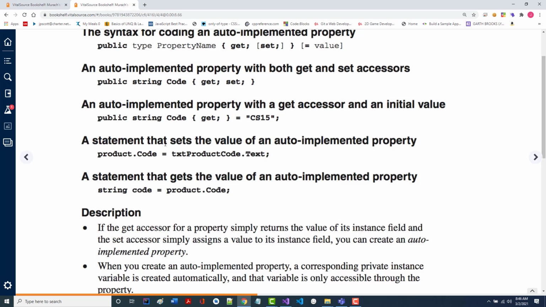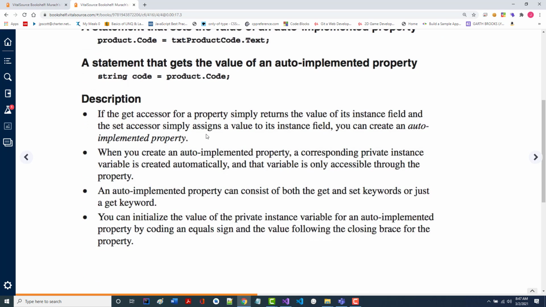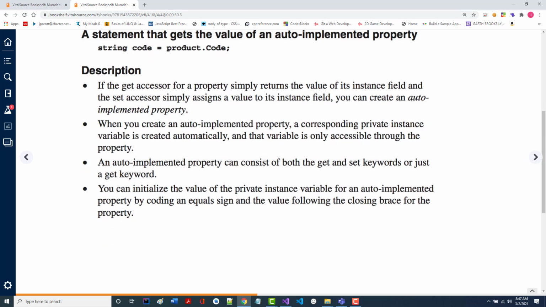And again, I mentioned this to you yesterday. They show you here, this is a setter, this is a getter. What's the difference between these? It's what side of the equal sign they're on. If it's on the left-hand side of the equal sign, you're setting something. If it's on the right-hand side, you're getting something and typically copying it into a local variable. And that's pretty much what they're saying in here.